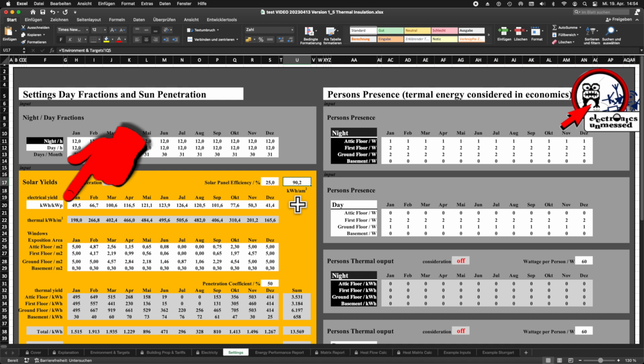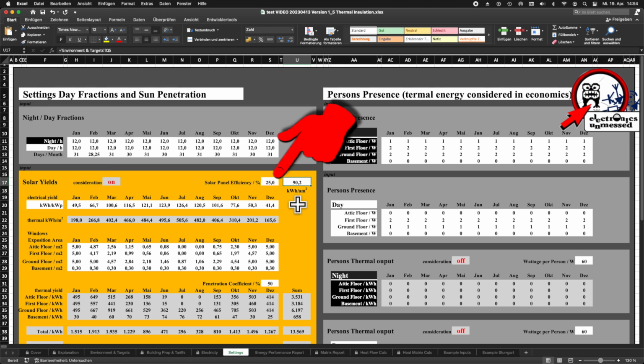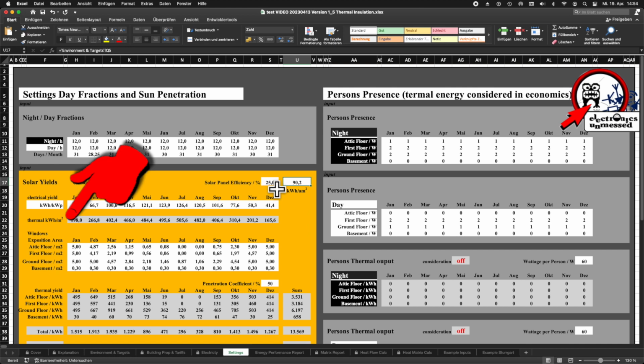The tool now assumes an efficiency of the solar cells of 25% and uses this to calculate the average total solar radiation in kilowatt hours per month. There may be better data for this available in your country, but for a first assessment, this approximation works pretty good.